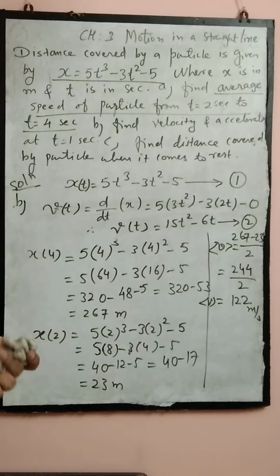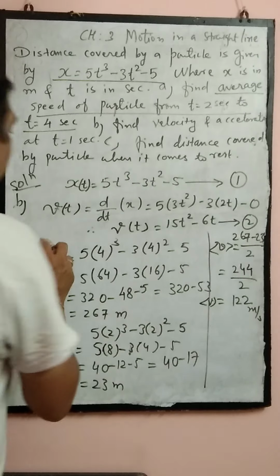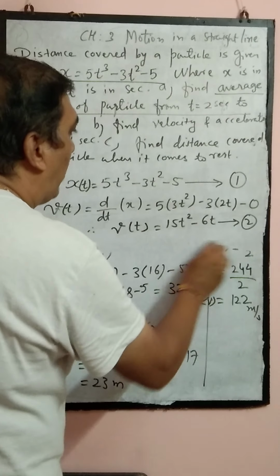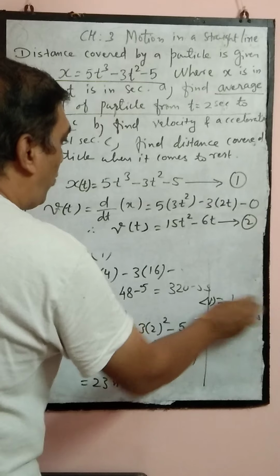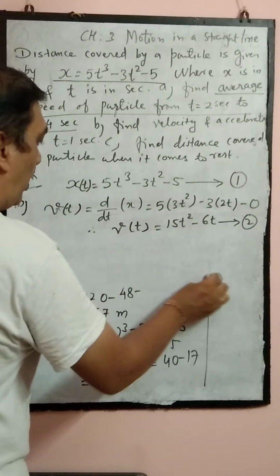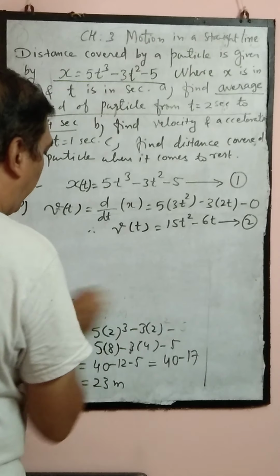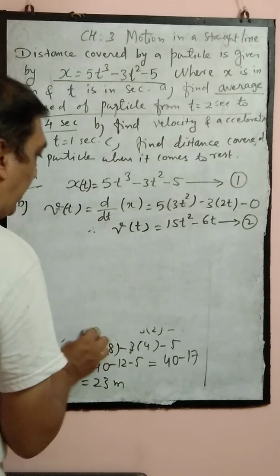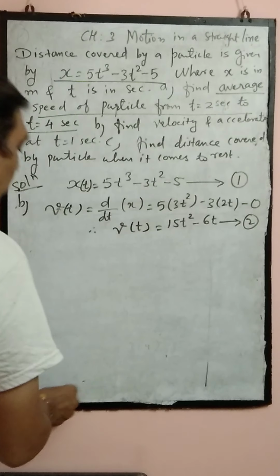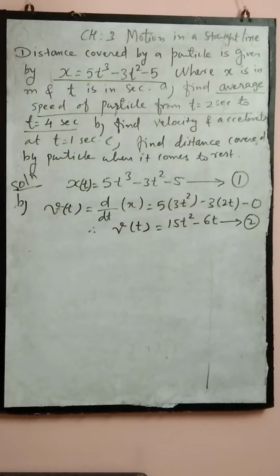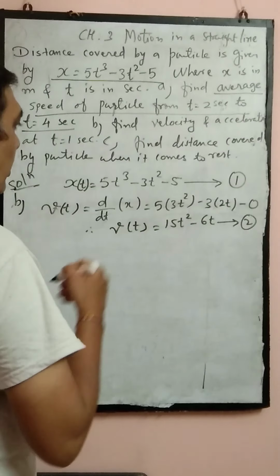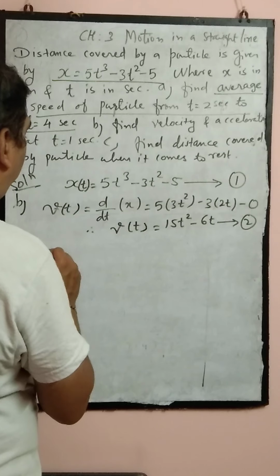So from equation 1, just by differentiating with respect to time, what will we get? Velocity. Further, if you want to find out acceleration, again you have to differentiate the velocity expression. That is also varying with time, because a equal to dv by dt. But before we obtain acceleration from velocity, we just calculate the velocity at t equal to 1 second.